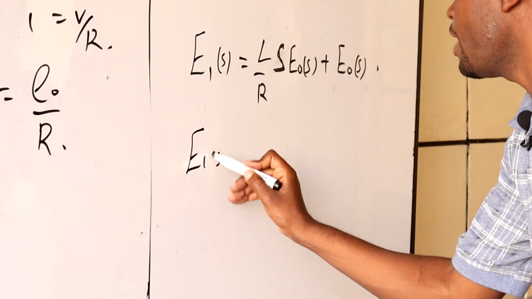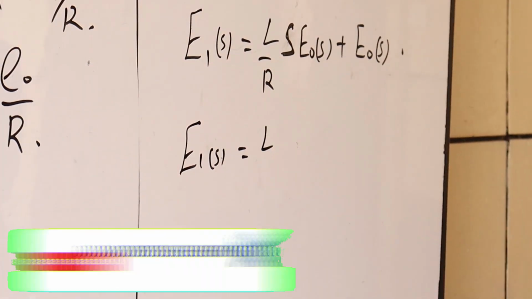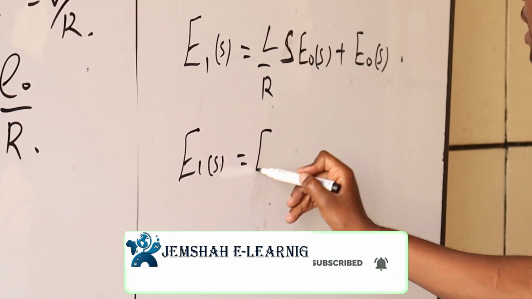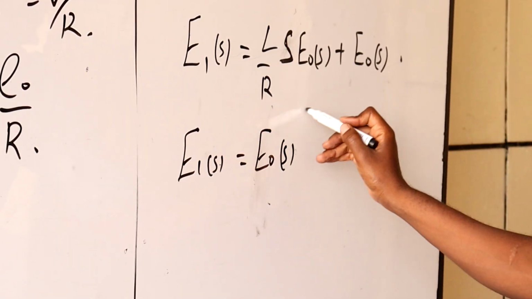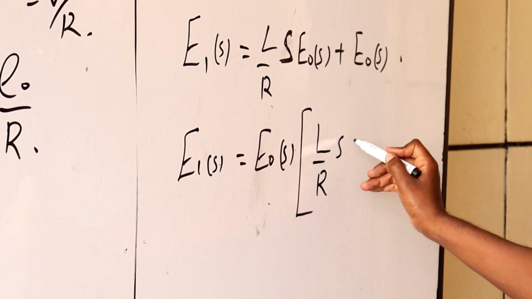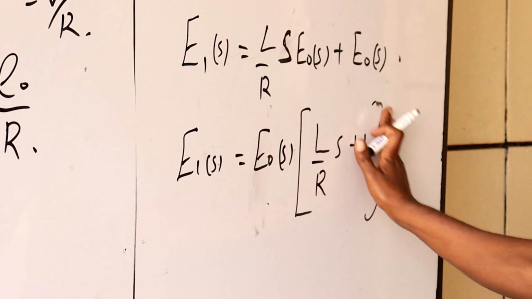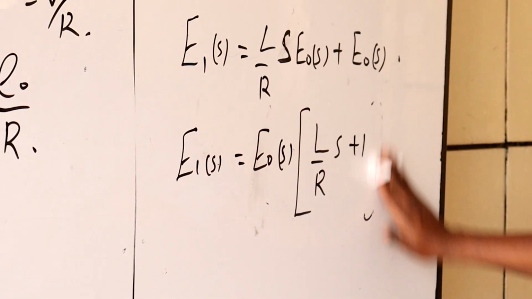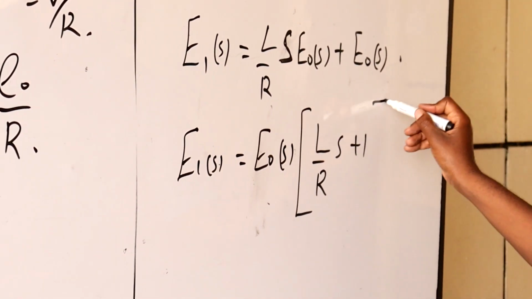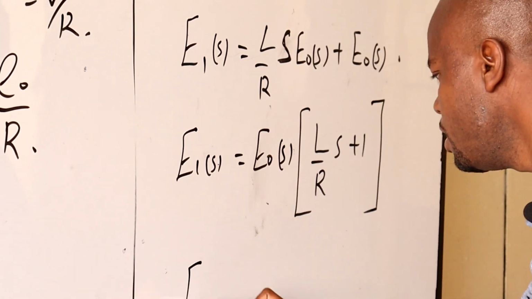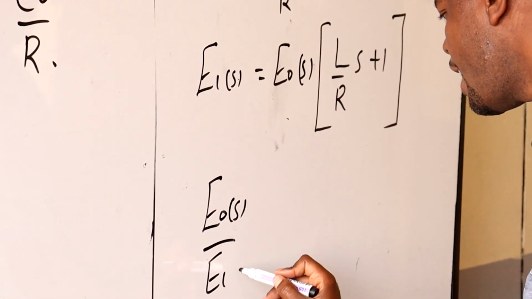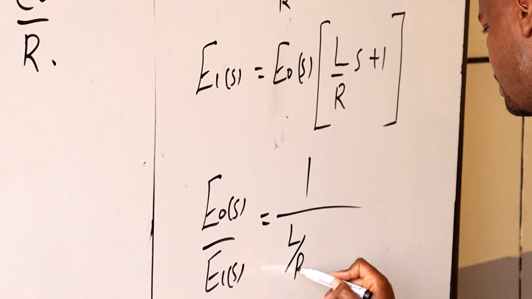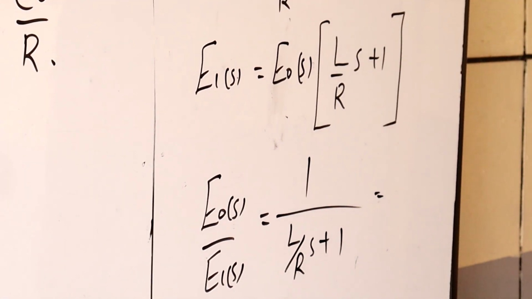Then you can say EI of S is equal to L over R. Now we can put E out of S outside. Then that is going to be L over R S plus 1. And that is now what we have in this case. Put that one into brackets. Then we can now say E out of S over EI of S is going to be given by 1 over L over R S plus 1, of which if we rearrange,